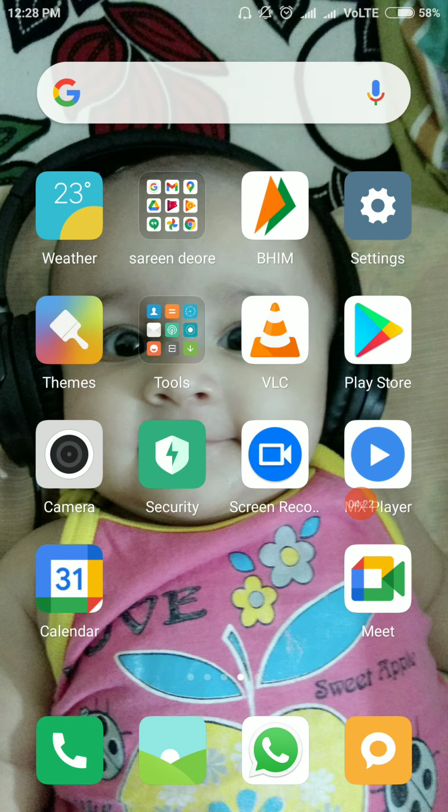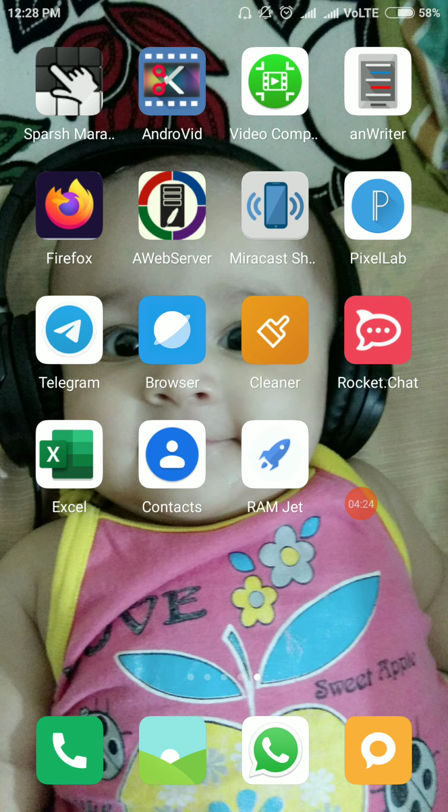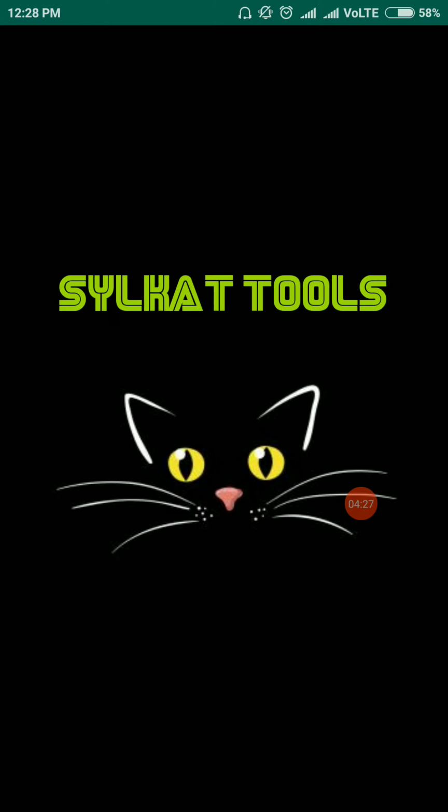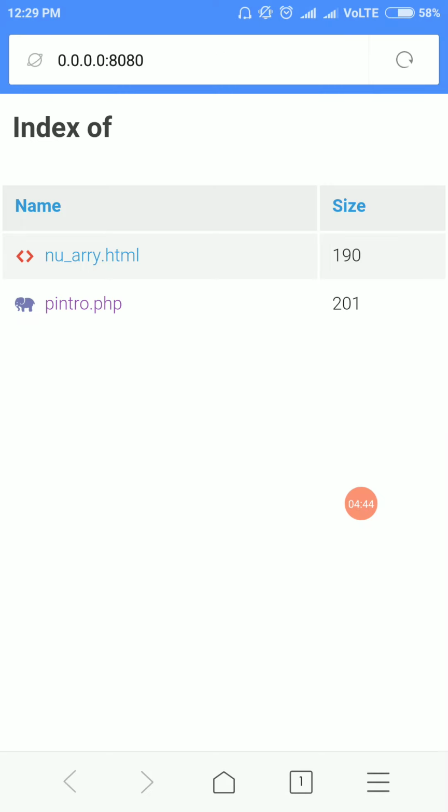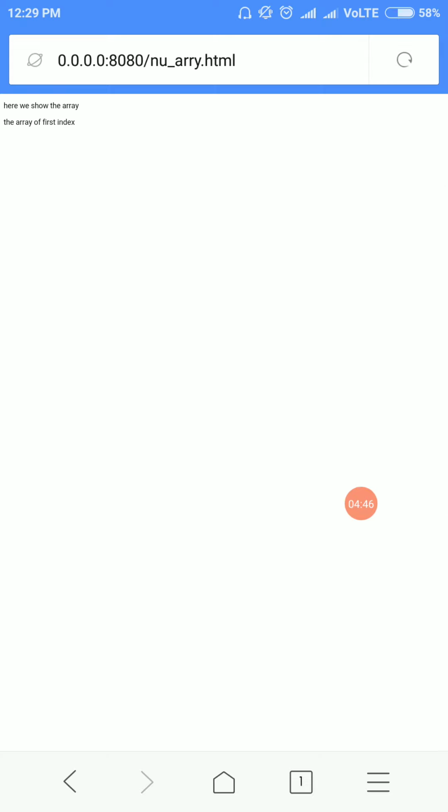What is the name of the web server? The web server, then the PHP root folder is right, then start the service. Apache service is started, then open the browser. Another file is the numeric array file, we click on it.